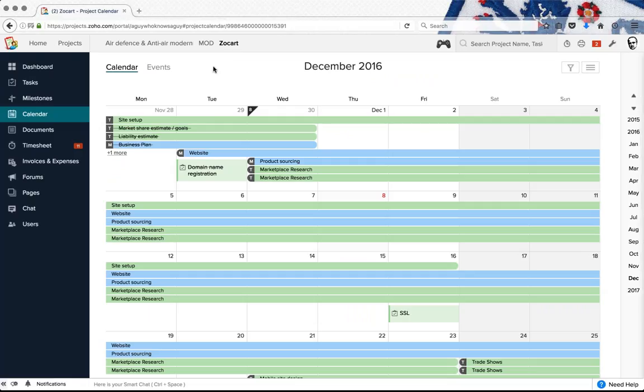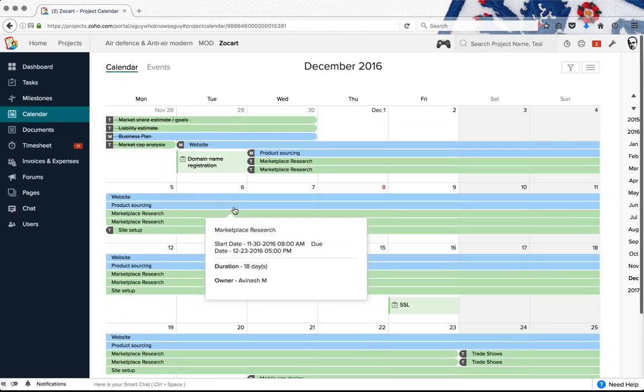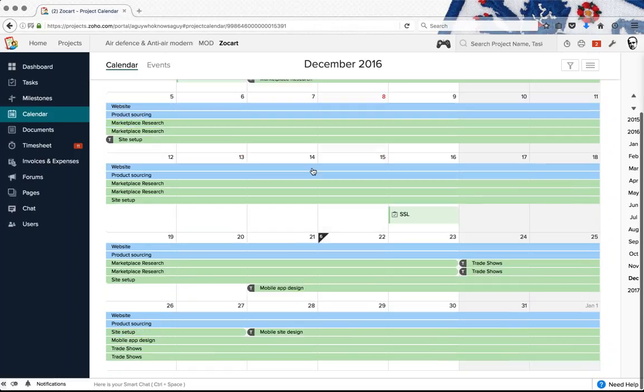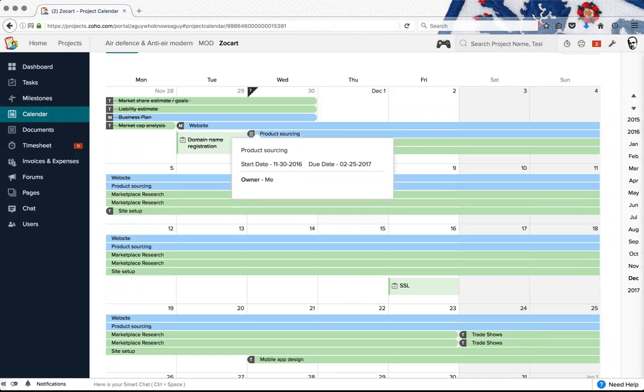Going over to the calendar section. Now, the calendar is also a fully functional calendar, just like the Gantt charts. Any edits or modifications that you make will automatically reflect on the data, and you can manipulate any of the data by just clicking and dragging on the milestone, which you see in blue, or the task that you see in green. If you'd like to delete any particular entry on the calendar directly, you just hover over and